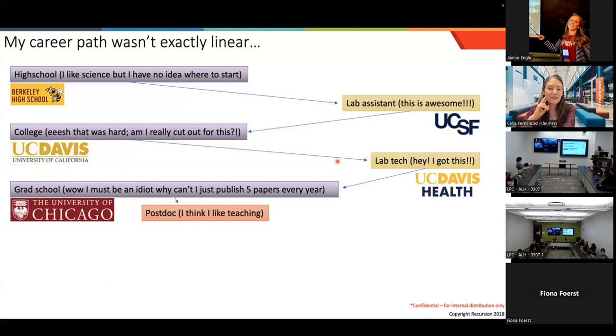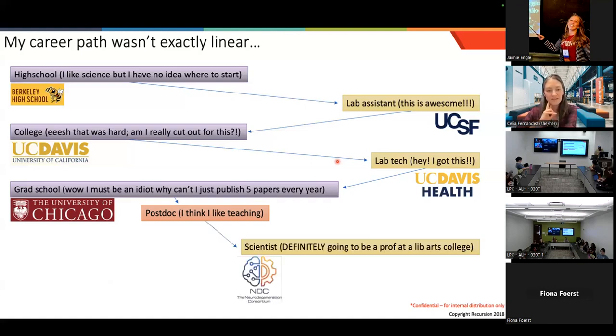Throughout my whole time in grad school, I loved having students in the lab, like I mentioned before. It was a lot of fun, a lot of really interested students. And so I thought, well, maybe I could do something like teaching, like a liberal arts kind of thing. I got this job at the Neurodegeneration Consortium, which was like an academic environment, working on these drug discovery questions that are usually done in the pharmaceutical industry. And I thought 100%, teaching is what I want to do. I want to be a professor so bad.